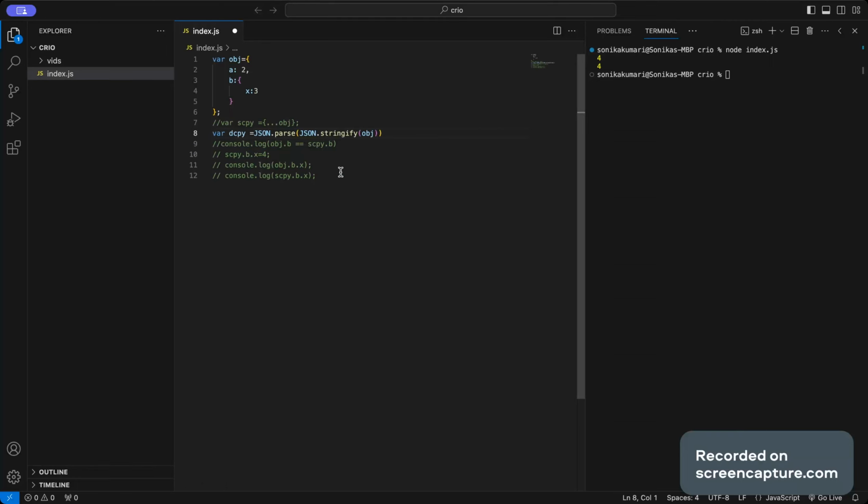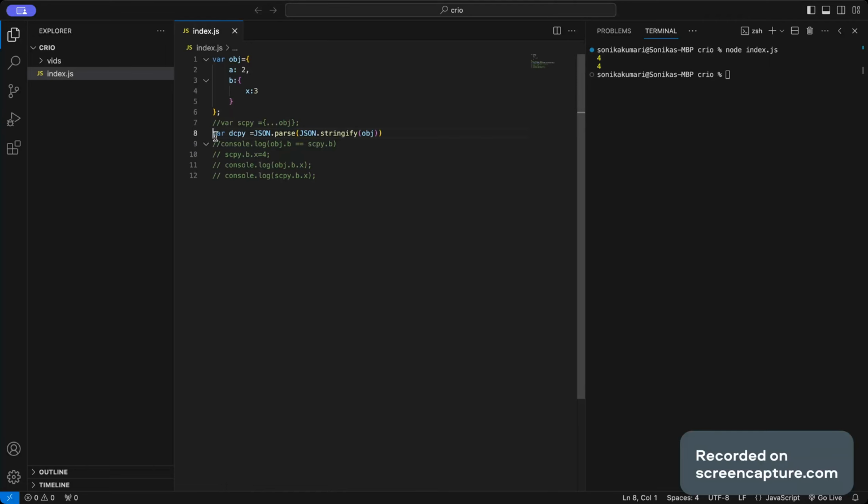This is removed in deep copy. So in deep copy, irrespective of the type of object, whether it's a direct key value pair or a nested object, all of them will be copied by value. Means both the objects, the new copied object as well as the original object, will have separate values for all the object properties.